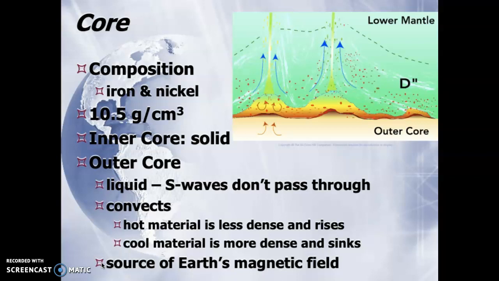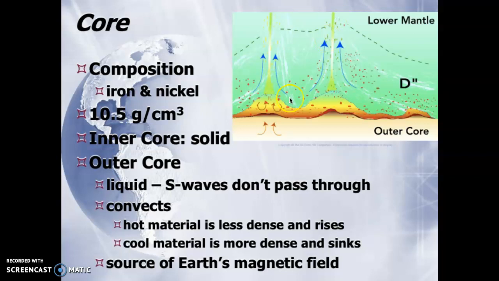The outer core, we want to talk about in a little more detail. Now, the picture I have here is lower mantle and outer core, but I want you to picture it actually, instead of lower mantle, think of this as the lower part of the outer core, because they both behave in the same way. Material at the boundary between the inner core, if this were the inner core, and the outer core, would be very hot, and that hot material is less dense, and therefore it rises up toward the top